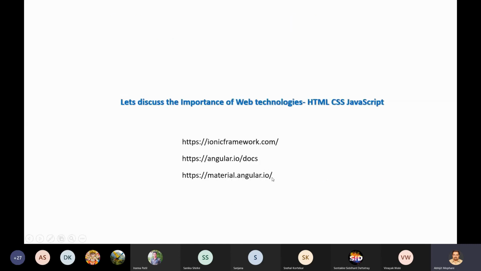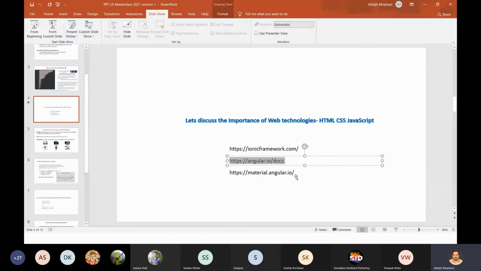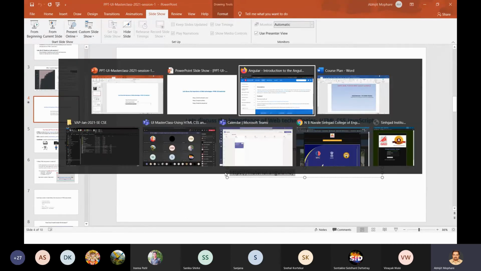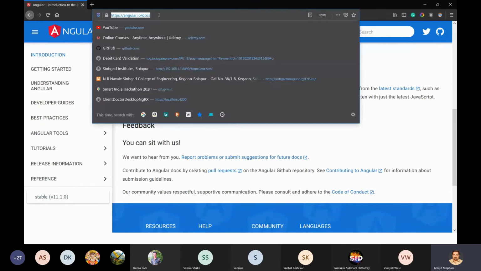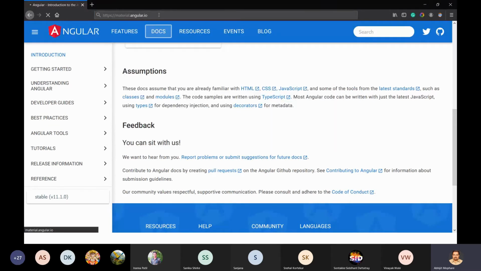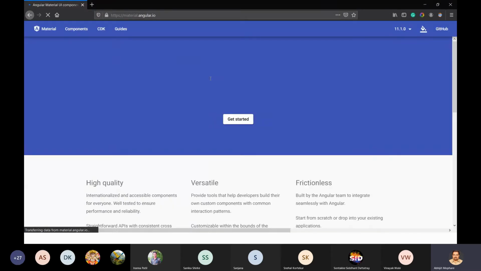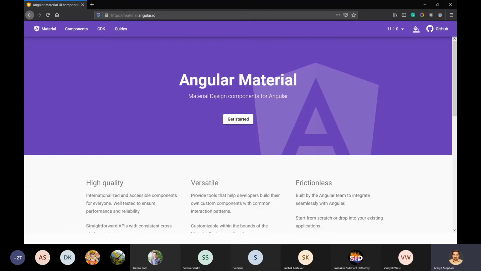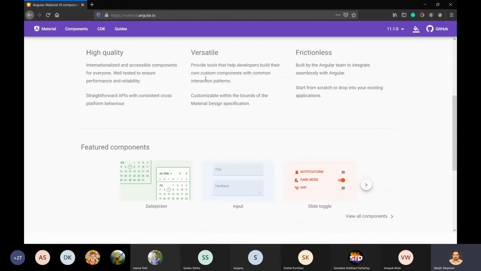And the last library that I want to show you is material.io. Now I will be sharing this slide, so don't worry about the resources. At the end of the video I will also tell you where you will get these resources. Now, this is another Angular Material library. This is a material design component library, similar to Ionic. This is a UI library, which means you will have ready-made user interface designs.